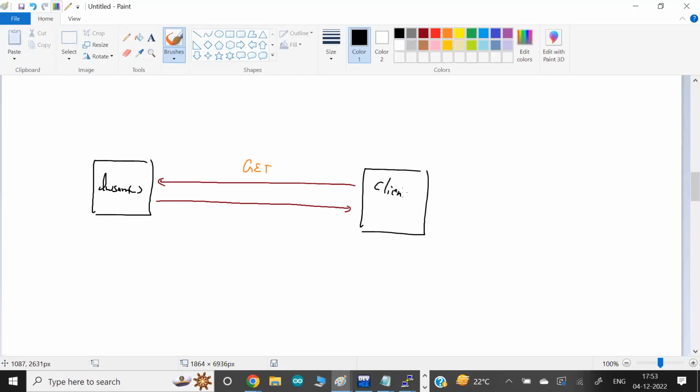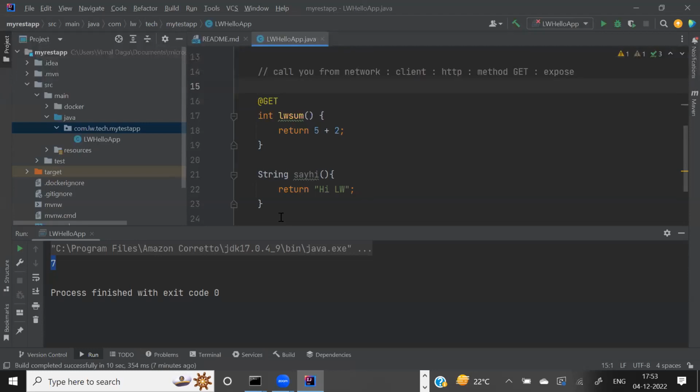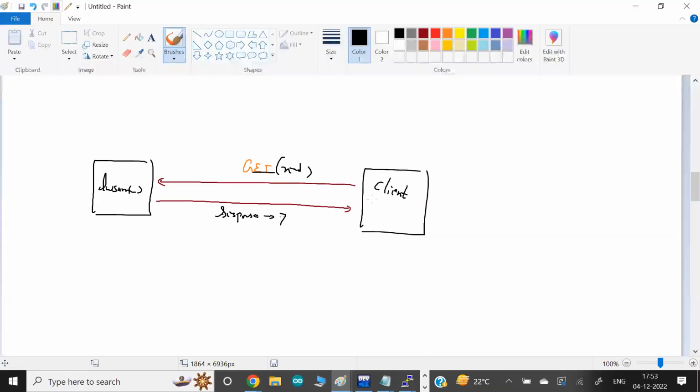There's one point. But the function will respond to you because you're asking for GET, which means you're asking to read something. The function is going to respond with something to you. And what are they going to respond? In this case, by chance, number 7. They're going to respond 7. So in this case, your function is going to respond, and it's going to respond 7. This 7 is data.